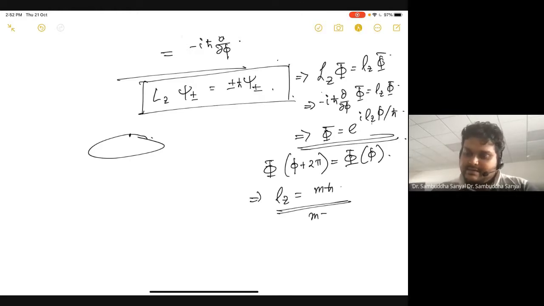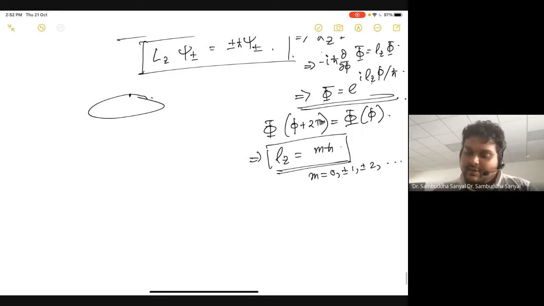And the m is 0, plus minus 1, plus minus 2, and so on. So you know how to show this, right? If I just write phi plus 2 pi m, for any arbitrary integer m, then it must be identified with phi, and then I should get the Lz to be like that. So if I ask what is the eigenfunction of the Lz operator, it must have this quantized structure because of it being on a circle.